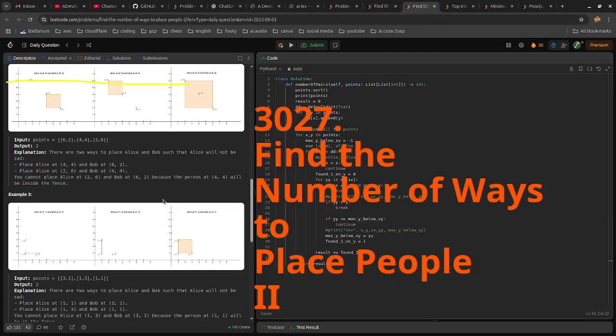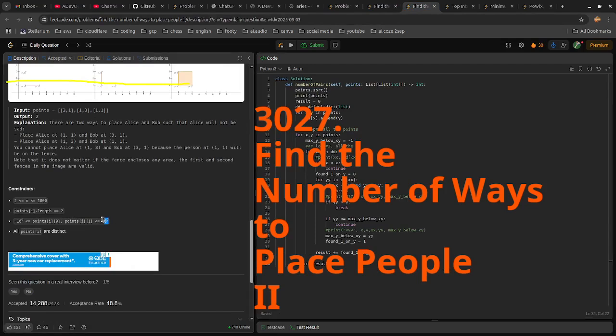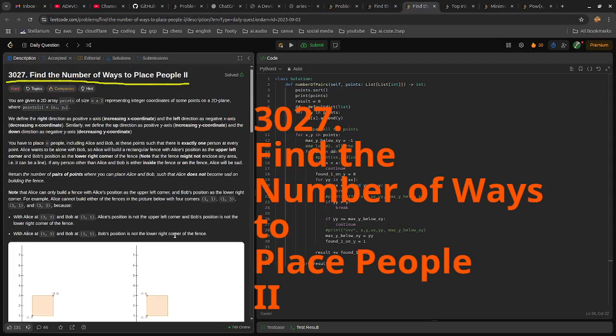The only difference here is the range, the data range. Here we have a bigger range, so give it